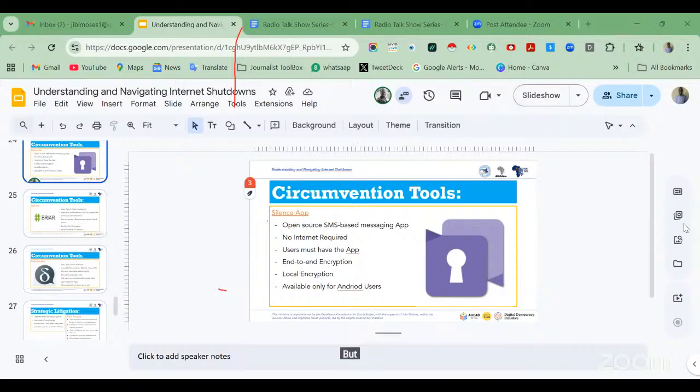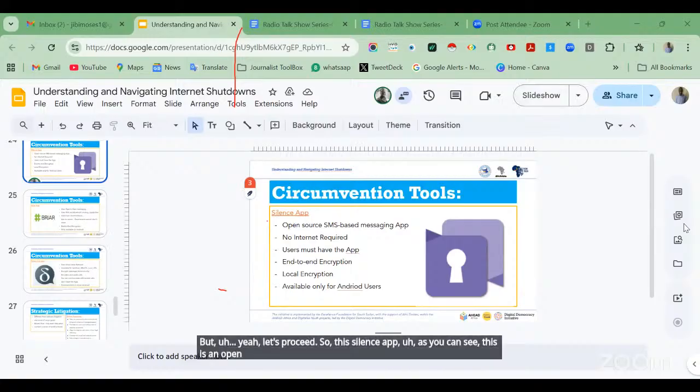Let's proceed. This Silence app, as we can see, is an open source SMS based messaging app. You don't need the internet to use it, and it does end-to-end encryption.